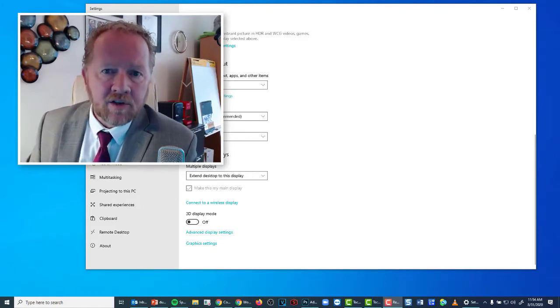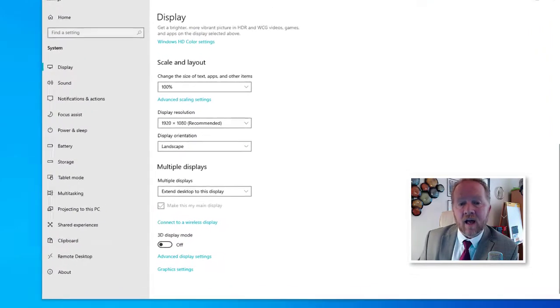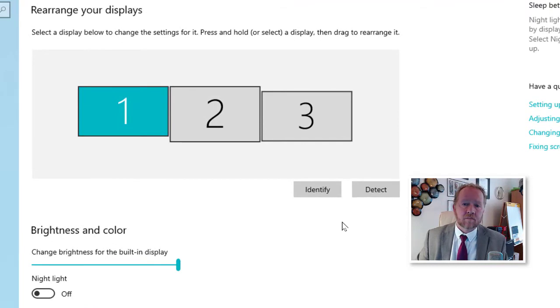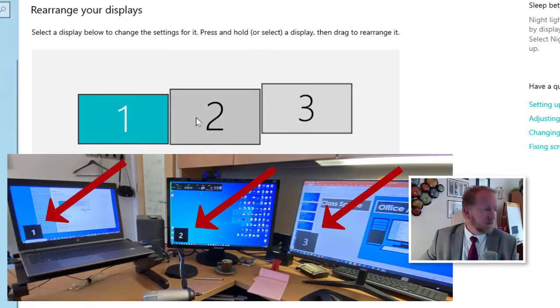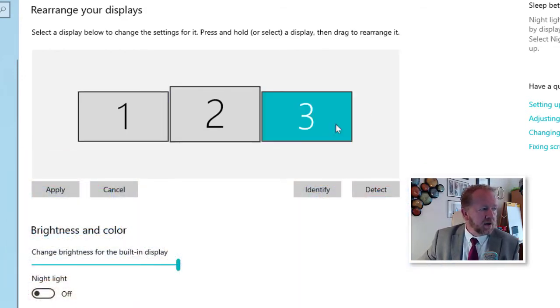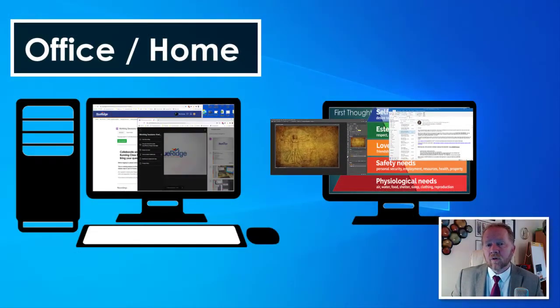So let's take a look real fast at how you identify monitors. Say I have several monitors up at one time. They need to be arranged in a fashion that allows you to identify each monitor and to slide easily from one to the other. So what I'm going to do right now is choose Identify. And you'll see that the number shows up on each of the relative monitors. Here's an image of how that looks on my 3 monitors. Now, if after identifying them I see that these monitors are not in the correct sequence, I can just literally drop and drag them until they are arranged in a sensible fashion. And I'll hit Apply.